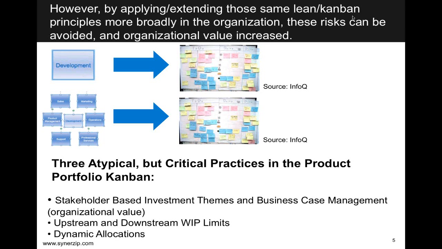And then third, how you can actually maximize organizational value delivery in your organization through a very fascinating concept of dynamic allocation, which is really just starting to hit the early thinkers like Dave Anderson and the likes in terms of allocation of resource based on WIP constraints limits. So the first of those